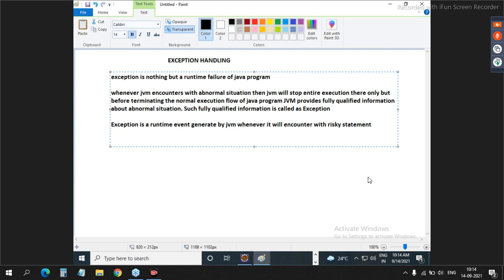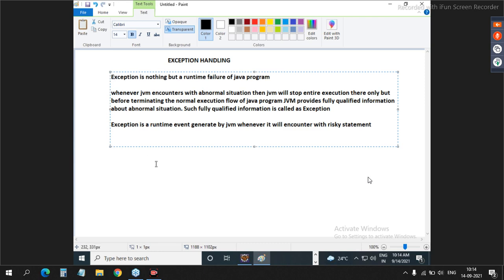Just like 10 by 0. Just like you have an array with a size of 5 and you are accessing x of 10. Obviously that is risky code for JVM. That fellow can't proceed. Are you getting my point? Any confusion up to this?